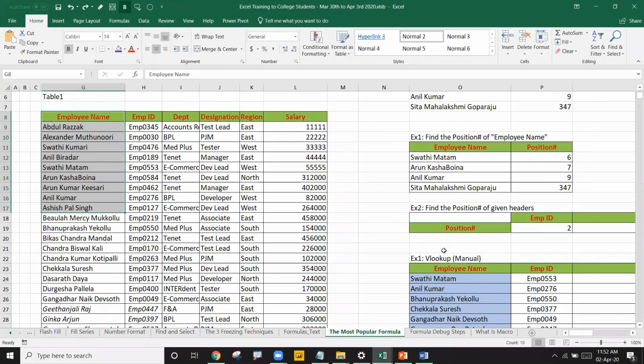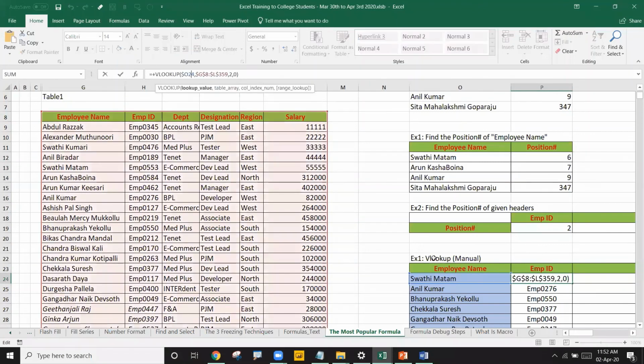So what I mean is, you see this? Here is the employee name. Our lookup value is employee name. That employee name is the leftmost column, so we are able to get it. But in the last example which I was asking, employee IDs are the lookup values. If employee ID is the lookup value, you can pull the right side values. If you select the range from employee ID to the salary, you can pull the department, designation, all these columns. But you cannot pull the left side column called employee name or any other left side columns. So that is the limitation of the VLOOKUP.